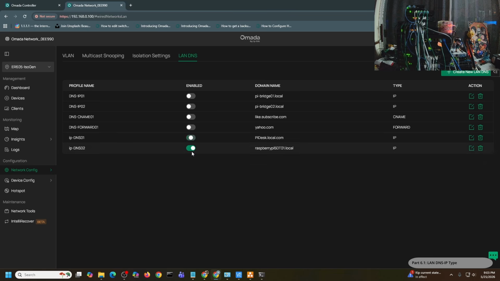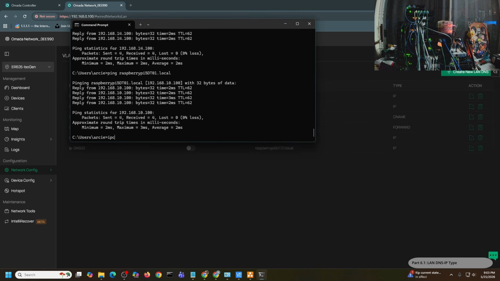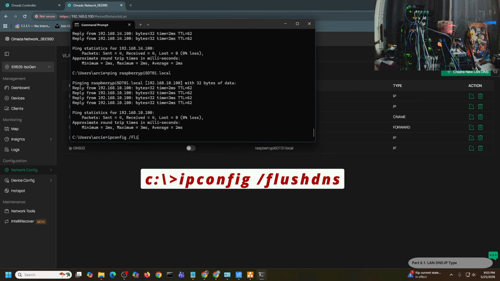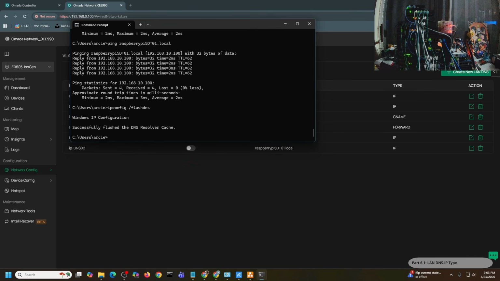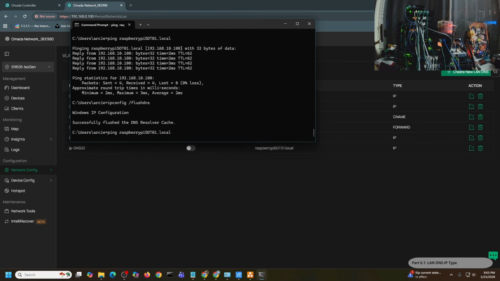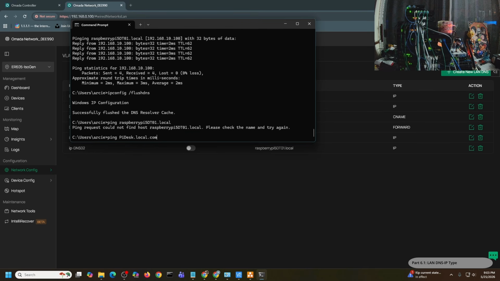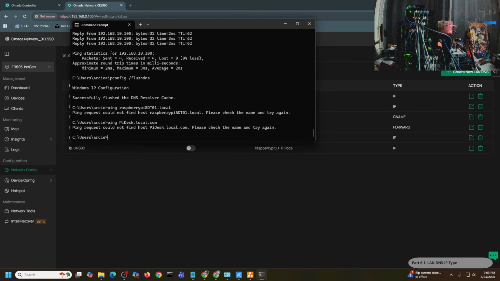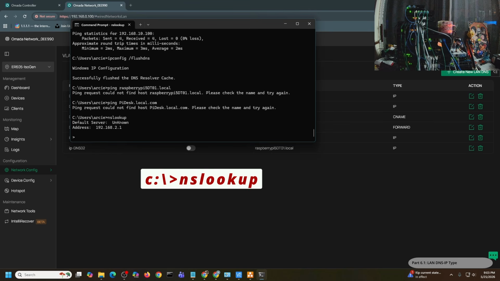Now if I turn off both of these, I need to flush my DNS. So if I ping that same DNS name again, it should not resolve anymore, and this one will not resolve anymore. And then let me do it again,